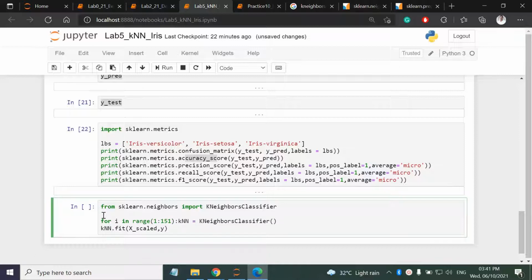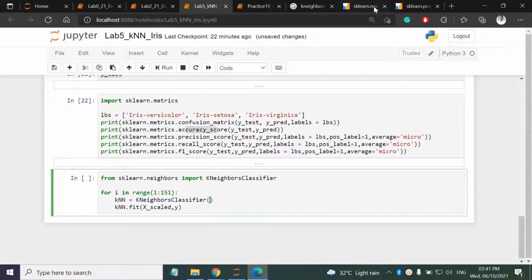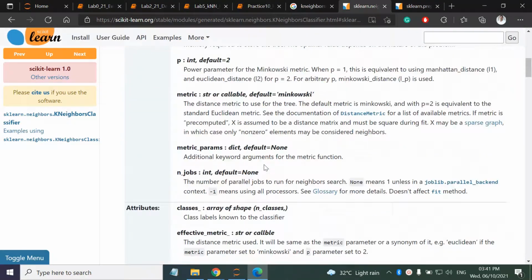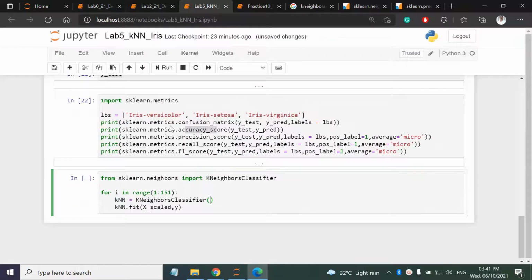Why? Because there are 150 samples. I will create the object, and this time I will be using the parameter n_neighbors, and that I will set to the i value. So now my i is going from 1 to 150.